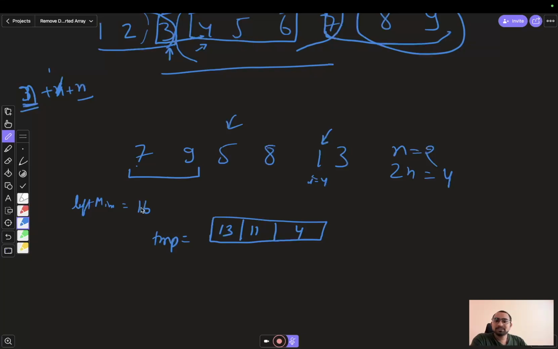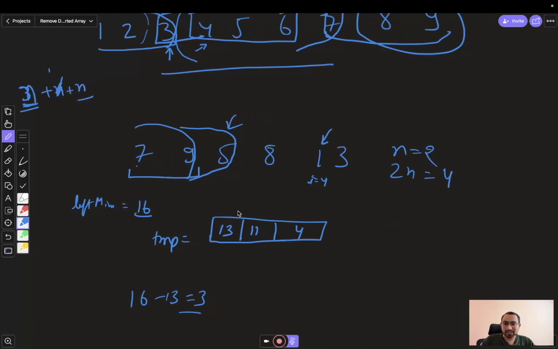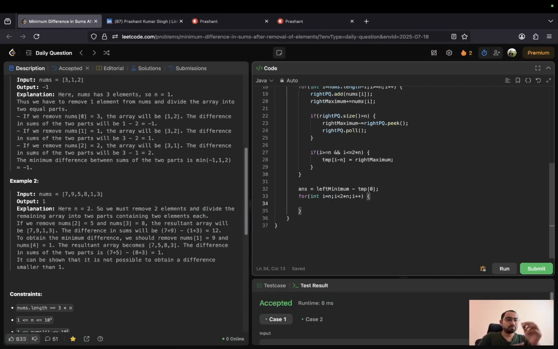Now if you see this 16 and 13, it means that if we take two elements from here, and we remove the two elements, which is 1 and 3, we will get the difference as 16 minus 13, 3, right? Okay, fair enough. Now if we keep our iteration till here, what we can say is that my left minimum will be updated with, if you see what I will do, I will start from i equals to n here, and I can say that I will push this